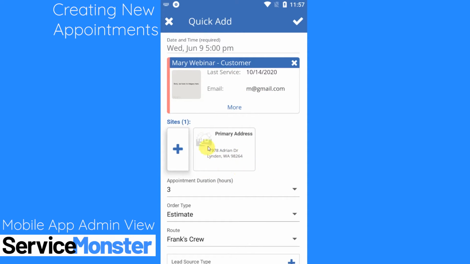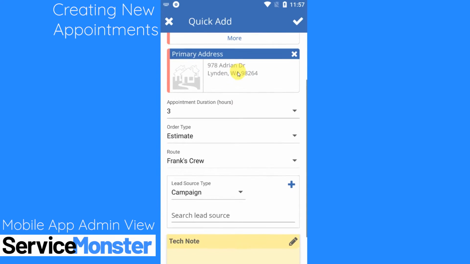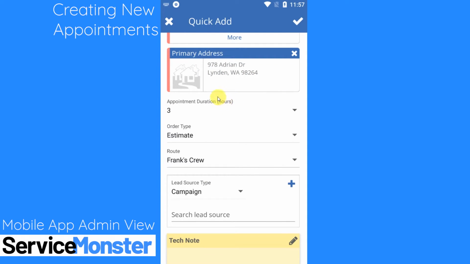I'll be able to pick what site I'm working at for them, and I can also add a new site by clicking on this plus button, but I'll just select their already made site. You can choose how long the appointment will be, what type of order this should be, so if it's an estimate, work order, or invoice, what route it's going to be on,